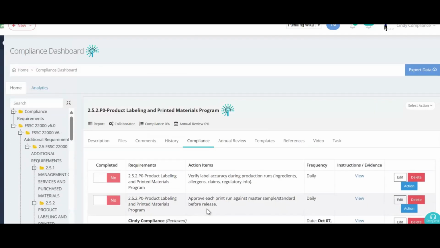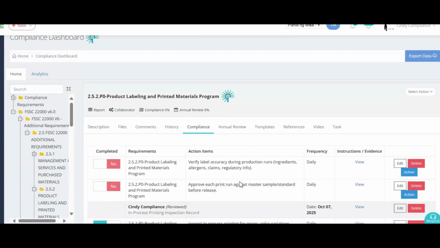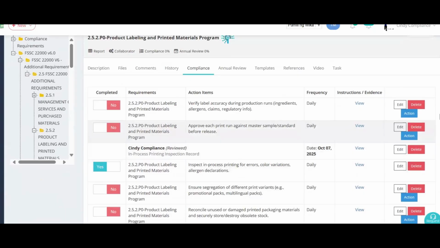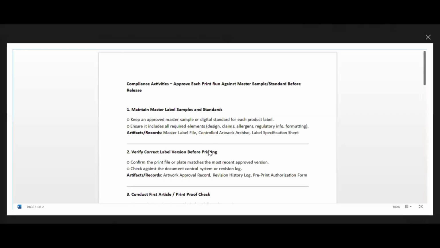So to complete these actions, let's check on the provided work instructions in the instruction and evidence section here. So let's pick one: approve each print run against master sample or standard before release. Let's check on the instructions here. So to complete this specific action item, first you need to maintain master label samples and standards.